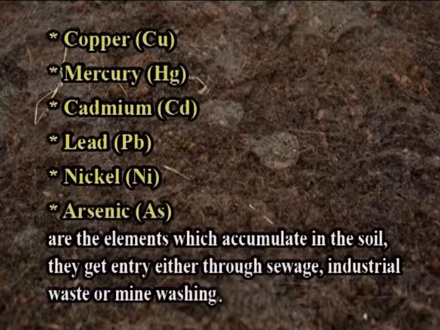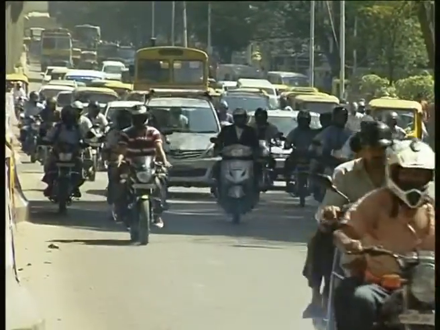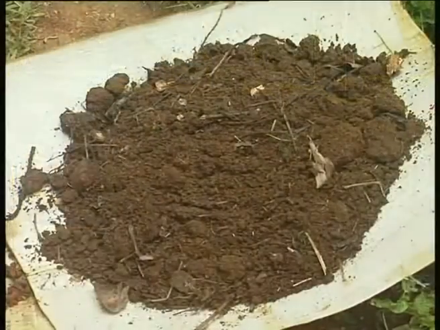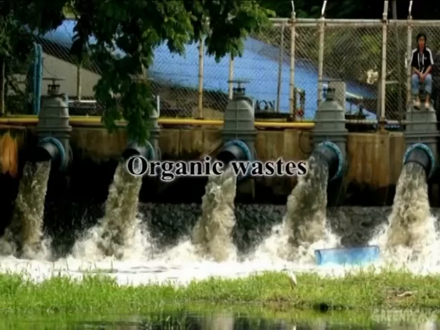They get entry through sewage, industrial waste or mine washings. Some of the fungicides containing copper and mercury also add to soil pollution. Smoke from automobiles contains lead which gets absorbed by soil particles and is toxic to plants. The toxicity can be minimized by building up soil organic matter, adding lime to soils and keeping the soil alkaline. Organic wastes